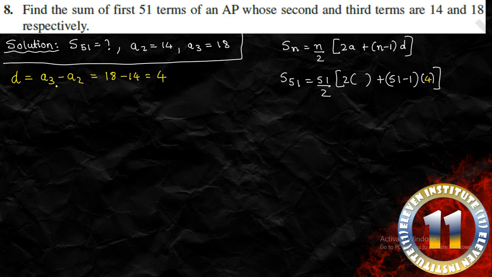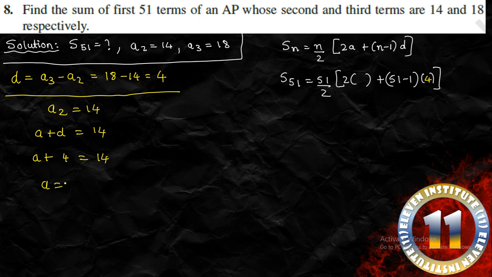Now we want to find the value of a. Take any one of these. For example, I have A2 is equal to 14. So I will write over here A2 is equal to 14. Now what is A2? A2 simply means a plus d is equal to 14. A will be kept as it is. Instead of d we will write 4. Right. So after solving this, what we get is a is equal to 10. So now simply instead of a I will write 10. You have a and d both. Just perform the mathematical calculation and have your answer.